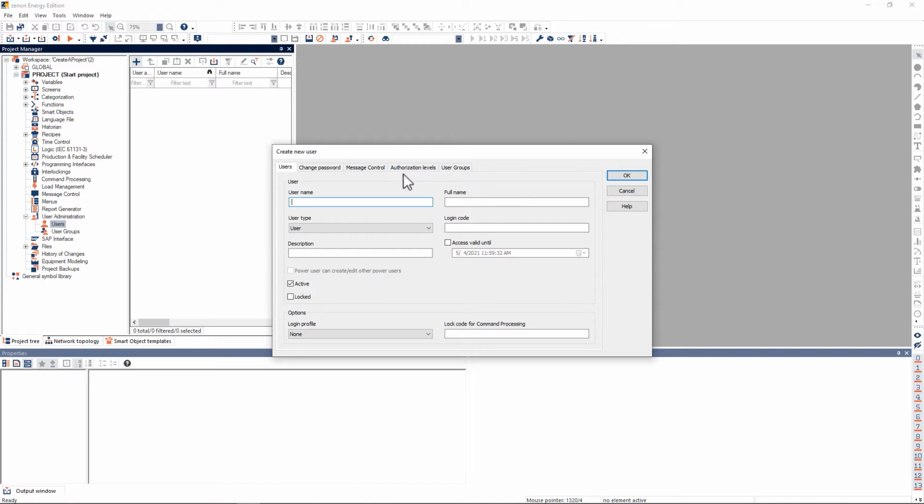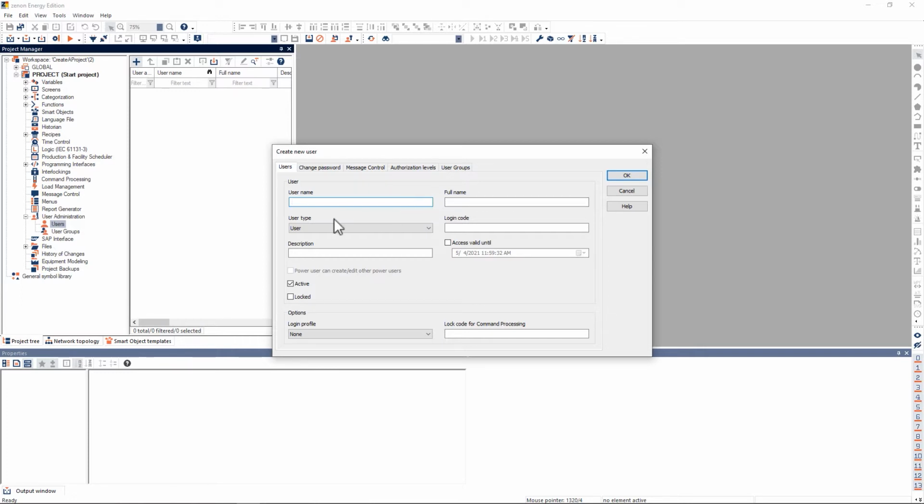Under the Users tab, there are a few options available for user customization, though we will only focus on the following. Username. This is what a user will log in with. As a note, usernames are case-sensitive and must be unique. The maximum length of a username is 20 characters. Full name. This will be used mainly as an identification of a user, commonly used as a user's real name.